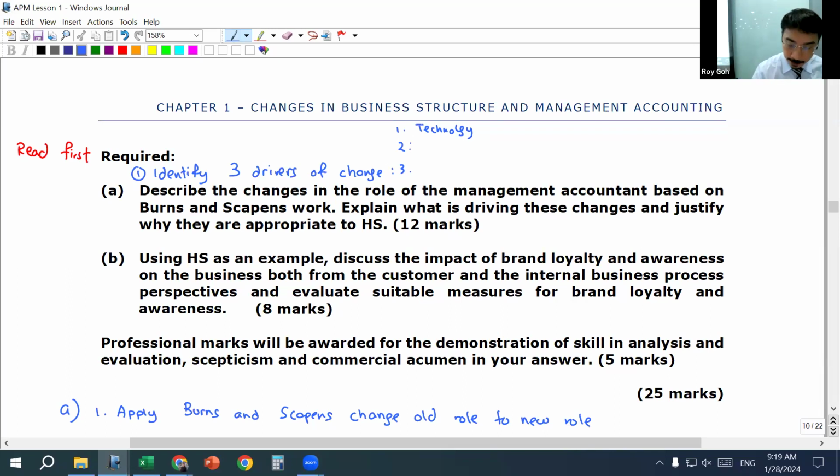Technology change. The second is organizational structure has changed. Organizational structure. Number 3 is your